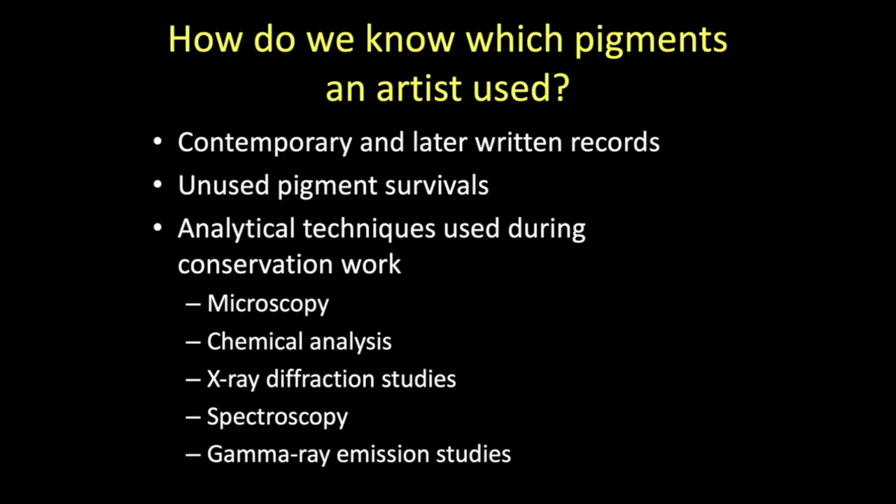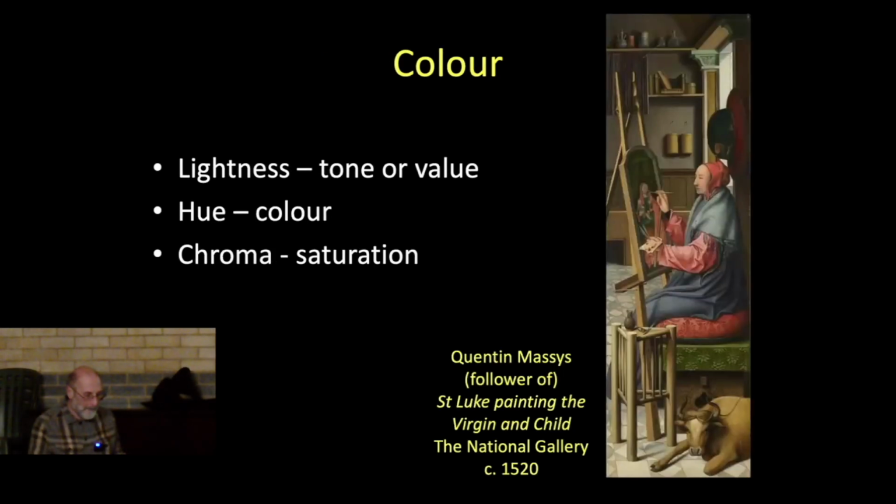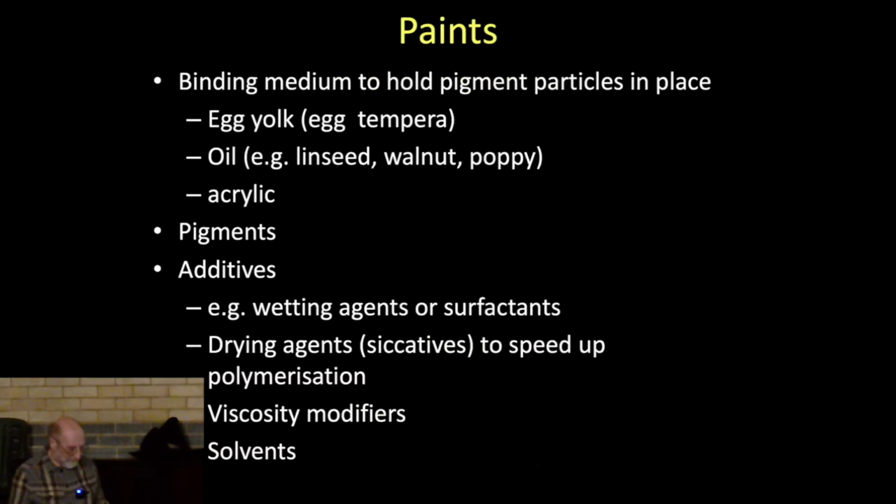colours on many paintings. Perhaps we should also briefly mention the qualitative characteristics of the colours which the pigments are used to produce. These include the lightness, the hue, and the saturation of the colour, which I think pretty much speak for themselves. And then there's the consideration of how the pigments should be applied to the canvas or